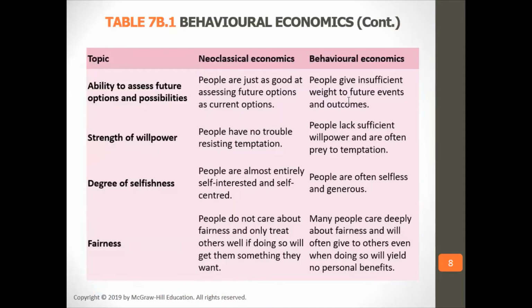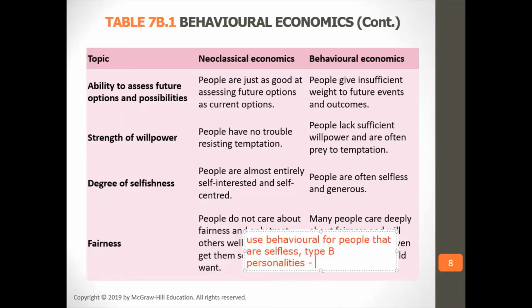And then behavioral economics: people give insufficient weight to future events and outcomes. People lack sufficient willpower and often fall prey to temptation. People are often selfless and generous under behavioral. People care deeply about fairness and will often give to others when doing so will yield no personal benefits. So use behavioral for people that are selfless, not type B personalities. That's potential, but it's probably better